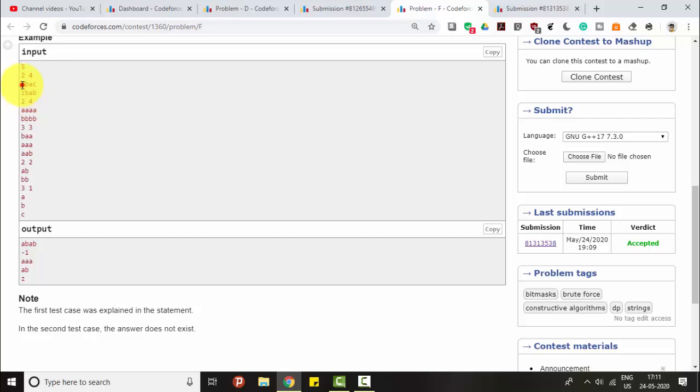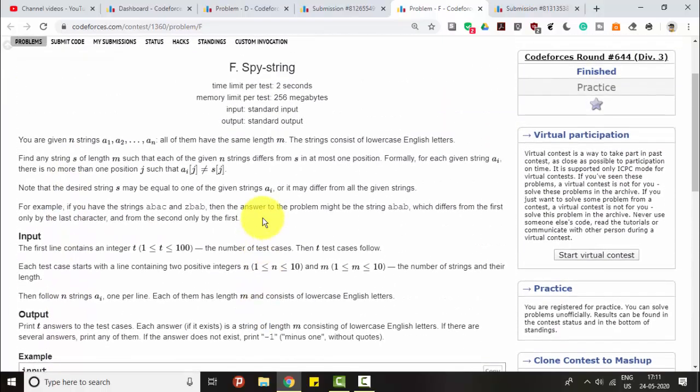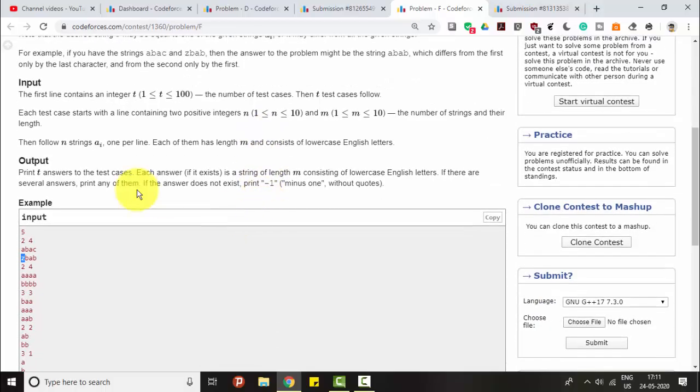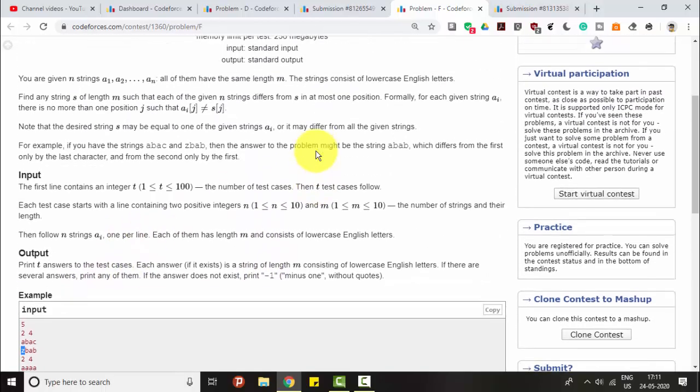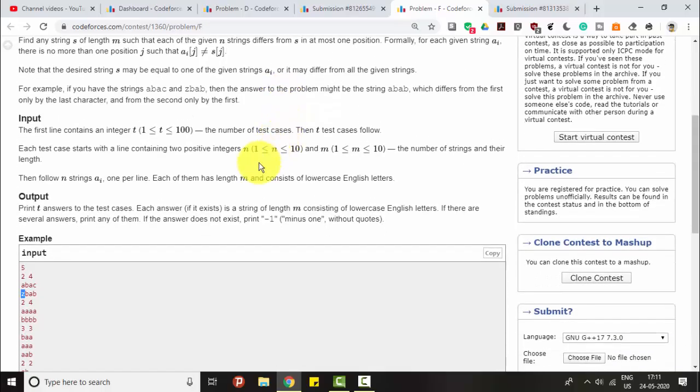So if I chose a as the solution, then I say to the second string that you have done your deed here, you have made one mistake and you can't make another mistake, as it is mentioned in the question that every string can only have one error. So the rest of the idea is that the string with one error should be the result, or the result will be minus 1.